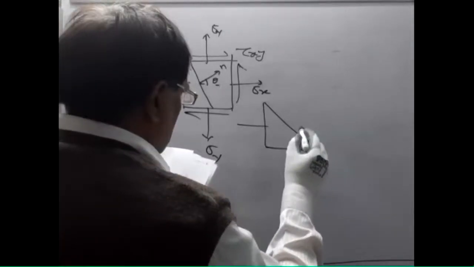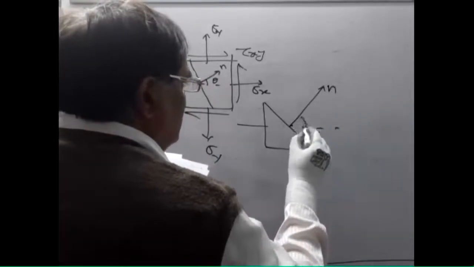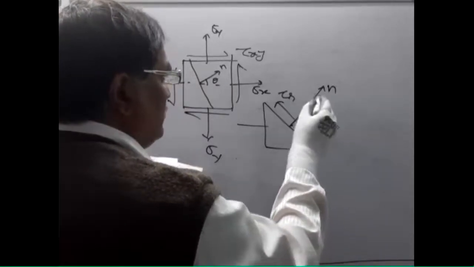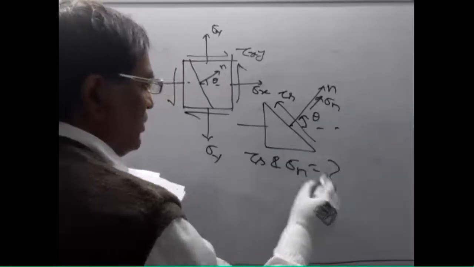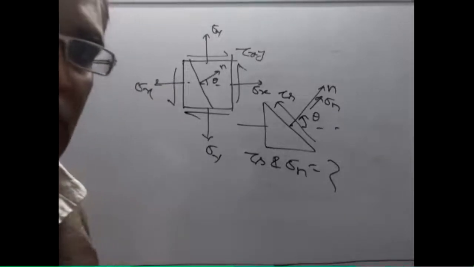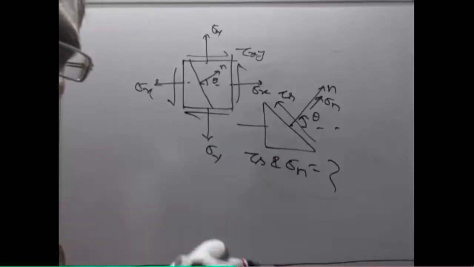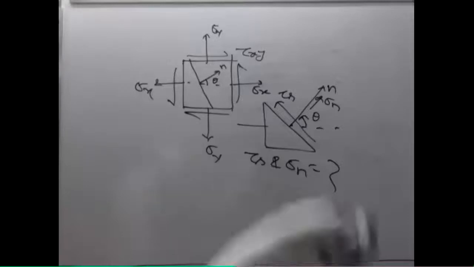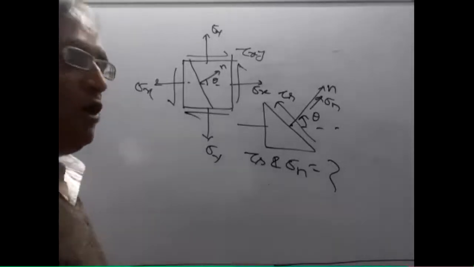So this is the x, and this is the normal of the plane. You know the normal of the plane, and this is inclined anticlockwise by theta. So what will be the tau s in this direction, and what will be the sigma n? You have to find out, on that inclined plane, the value of tau s and sigma n. You may also ask, on the rotated plane, what will be the value of sigma x and sigma y? You have been given sigma x, sigma y, tau xy, and that plane has now been rotated anticlockwise by theta. Then how do you find that?